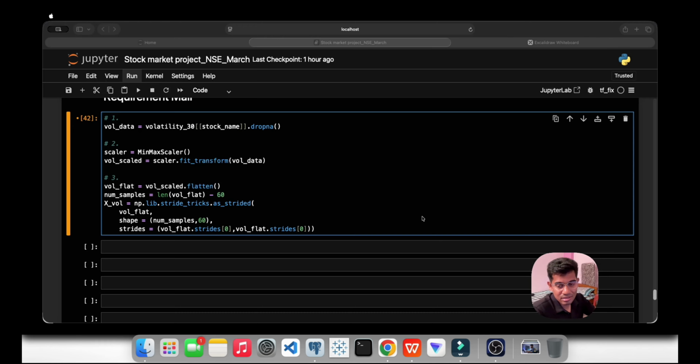If I make you understand line by line, after each line your brain will actually break the flow. I can make you understand line by line, but still the flow will get broken and you will wonder why these things are happening. So same: inverse transform, and y test we will do reshape -1, 1.